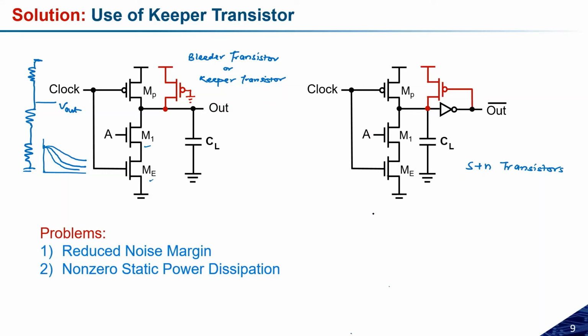Let us assume I have 4 inputs. For CMOS, we need 8 transistors, but here I need 5 plus 4, which is 9 transistors. So in this case, we have an additional transistor needed. But let us assume I have 5 inputs. For CMOS, I need 10 transistors, and here also I need 10 transistors. So the area is exactly equal. But let us assume I have 6 inputs. In that case, I need 12 transistors for CMOS, but here I need only 11 transistors.